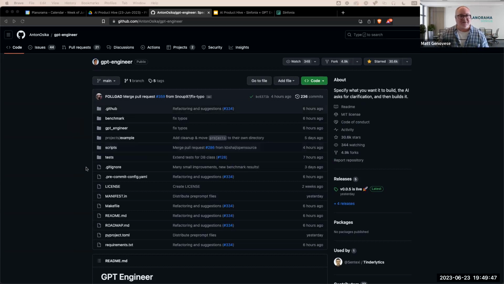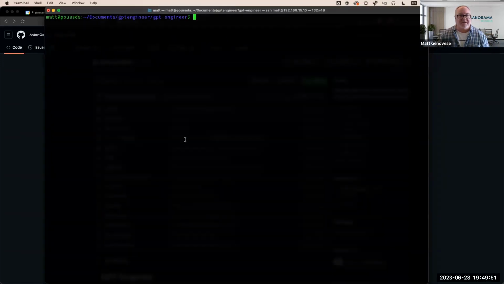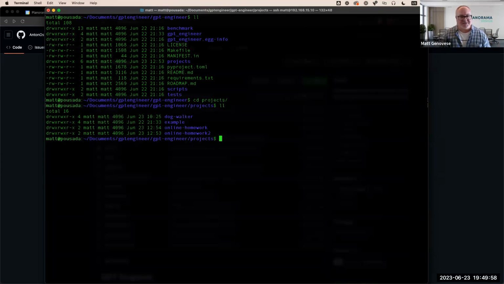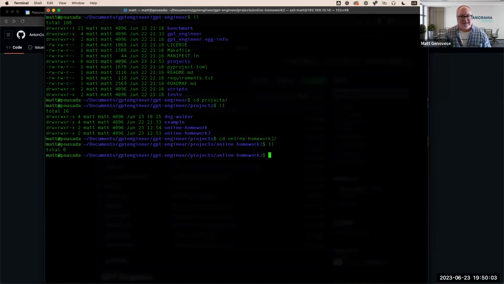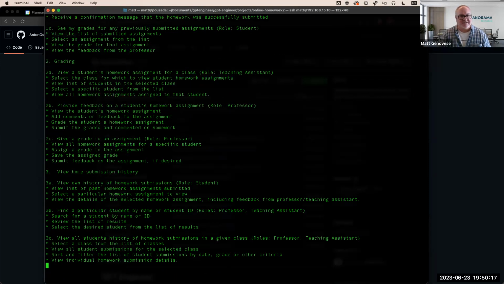So what I'm going to do now is jump over to my Linux box here. And this is, again, just running on my local Linux. I'm going to go into projects, into online homework 2. And you can make this prompt. It's called main prompt. And what I'm going to do is paste in this text. Now, this text is basically the output of Sinfonia. I took what is in Sinfonia right now,